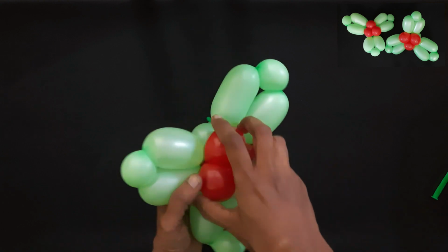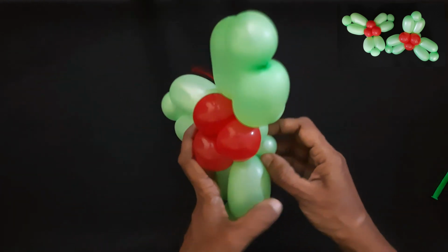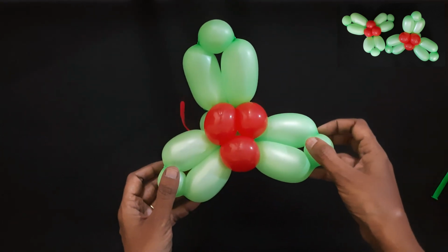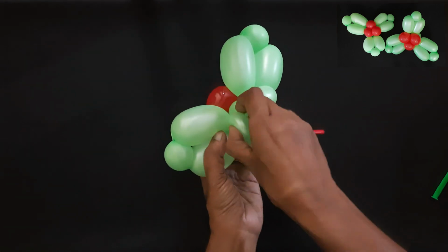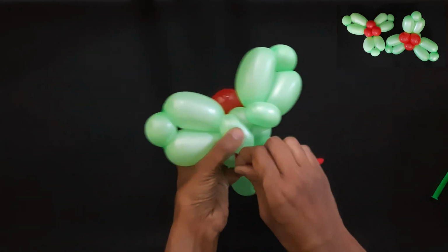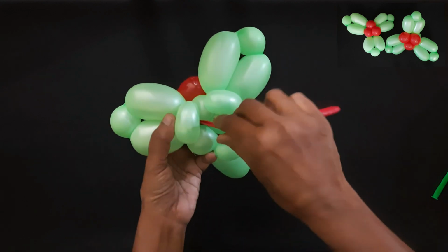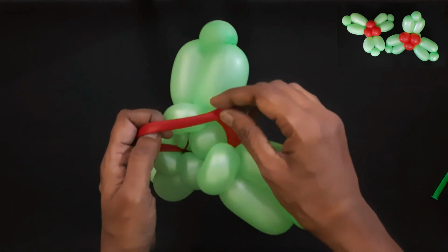Now let's adjust a little bit so that the berries will be in the middle of all the three leaves like this. Our holly bracelet is ready. This much will be enough if you want to just have it as a wall decoration, or you can hang it on a tree. But since we want it as a bracelet, we'll make a loop like this,